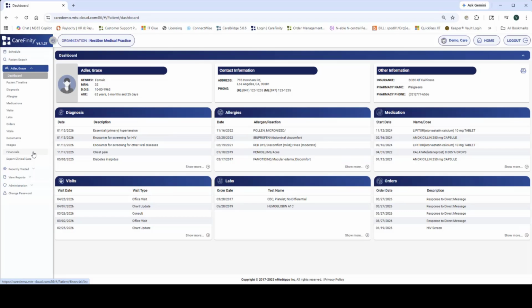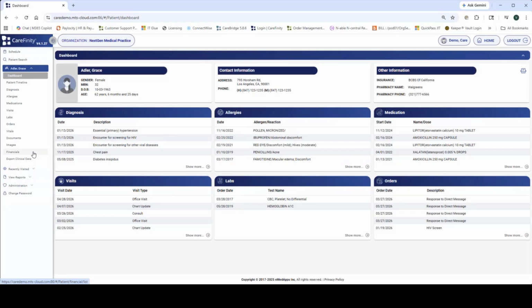So in that scenario, when you click on the link in your production EHR, it's going to launch CareFinity either embedded in the production EHR or in an external window, depending on what your production EHR supports, and we'll open that patient within CareFinity if we're able to get patient context from the EHR. So you don't have to search for the patient once you open CareFinity. It'll bring you right into this record, and you'll go into their default homepage to be able to view information